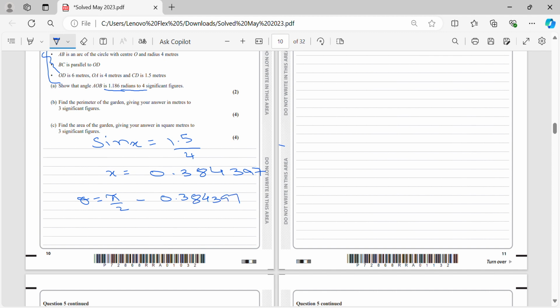So let's subtract it. Shift, pi over 2 minus answer, and that is